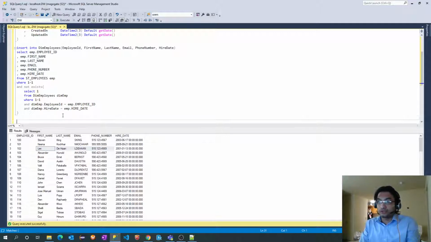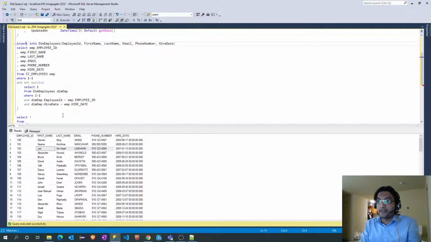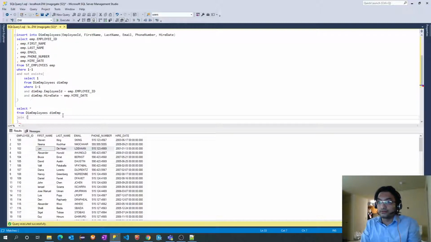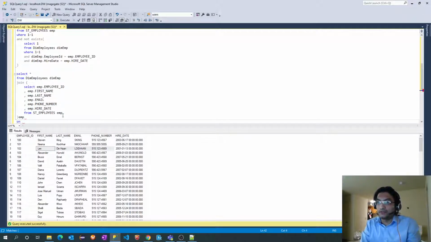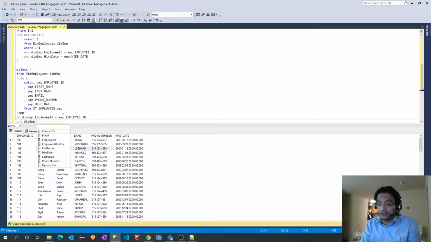So I will write select star from dim employee join, and I will copy this entire query as emp on dim employee dot employee id equal to emp dot employee id and dim employee dot hire date equal to emp dot hire date.